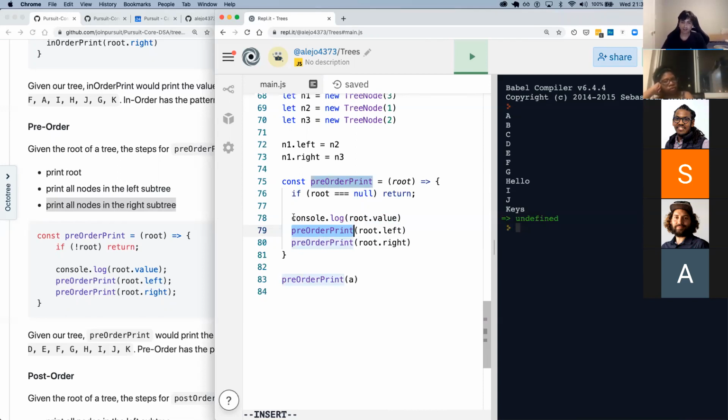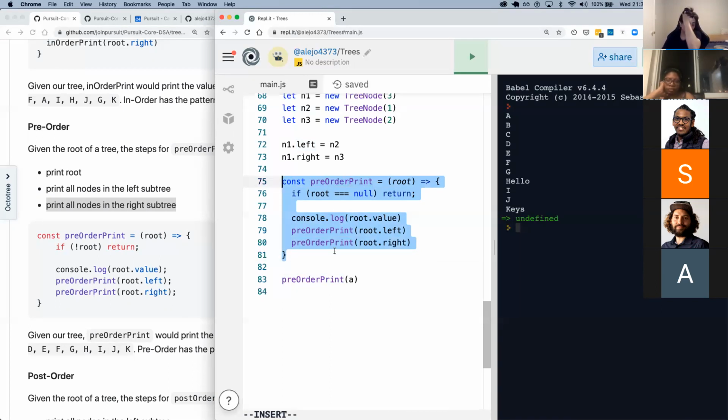And that will console log for the left subtree. It will console log now on the left side the root value, where the root of that call is the left side of our previous root. And I want us to visualize this; I'm going to draw it.